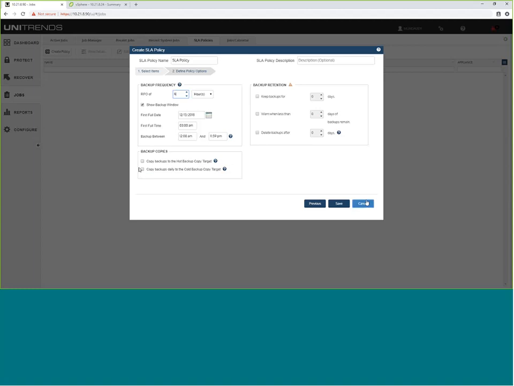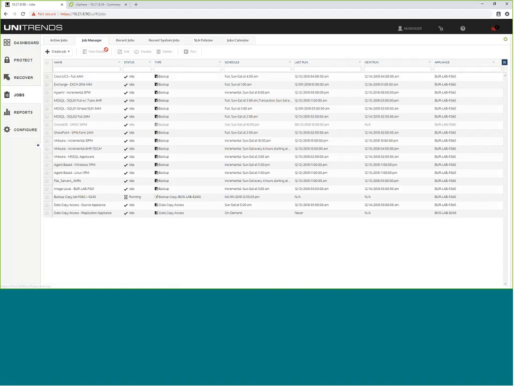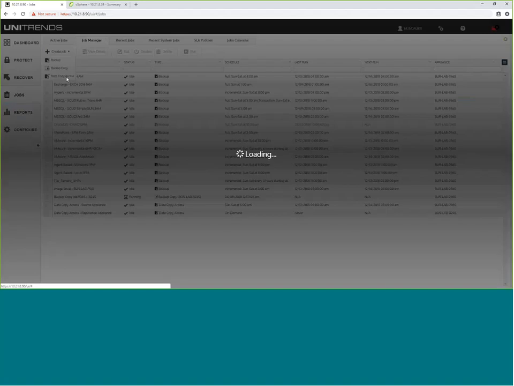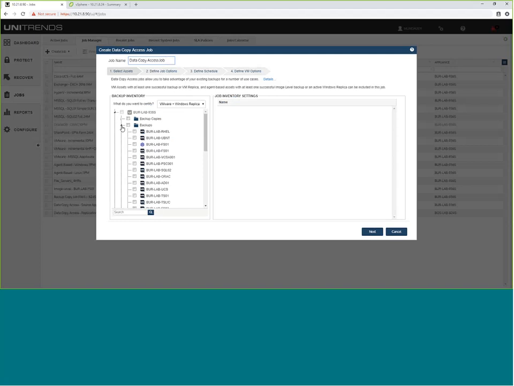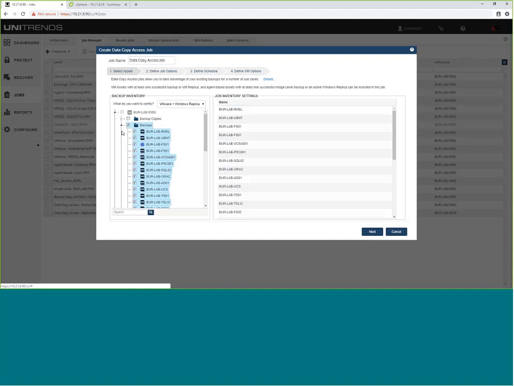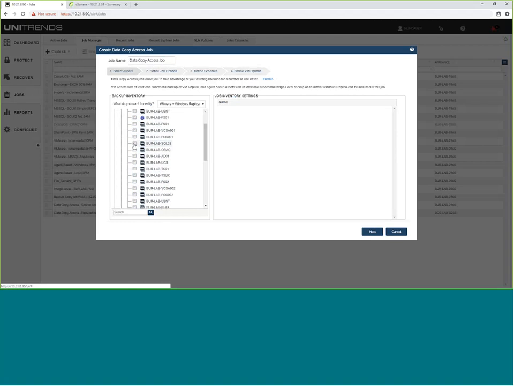requirements. And it's really exciting because where the rubber meets the road here is not only are you able to create backup jobs based on these requirements, but through data copy access, you're able to automatically test and validate that those requirements are being met. So with data copy access, it's a way of automating recovery testing. So generally, ideally, you would want to select your entire environment, do a full DR test automatically every day, every week. Now for the demo here, and just for simplicity's sake, I'm going to just select a few machines just to kind of highlight how this works, maybe an AD server or SQL server and our file server.